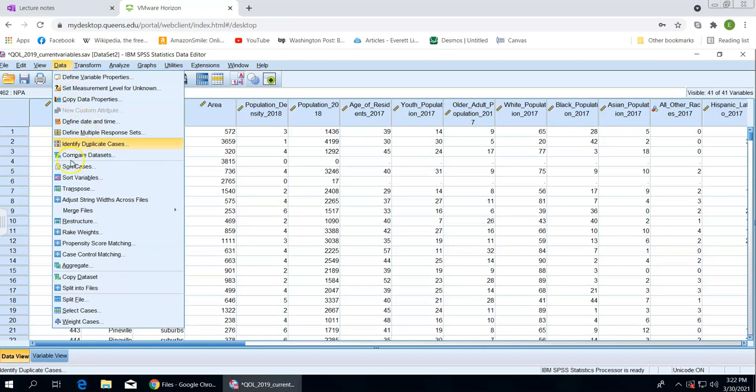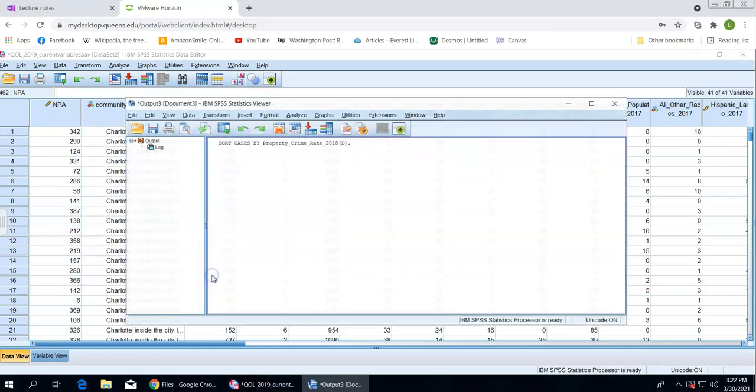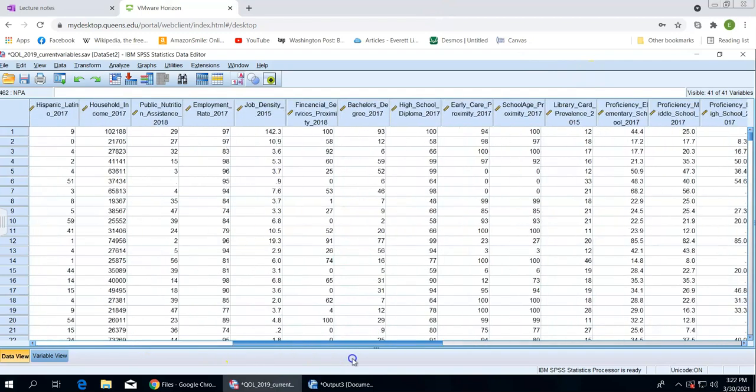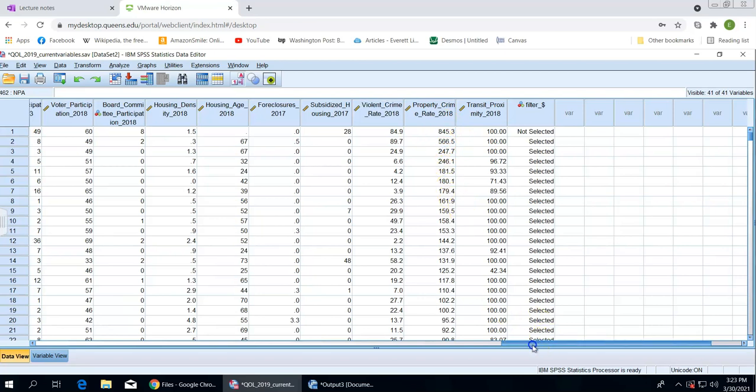then the first thing we'd probably do is sort the data, just to help us find that. We take our property crime rate and sort it, maybe by descending. This doesn't matter; you're either going to look at the end of the data set or the beginning. If we sorted it by descending, then our highest crime rates are going to be at the top. And you can see that's here: 845.3, which is a lot higher than some of the other ones. So if we wanted to eliminate that one,